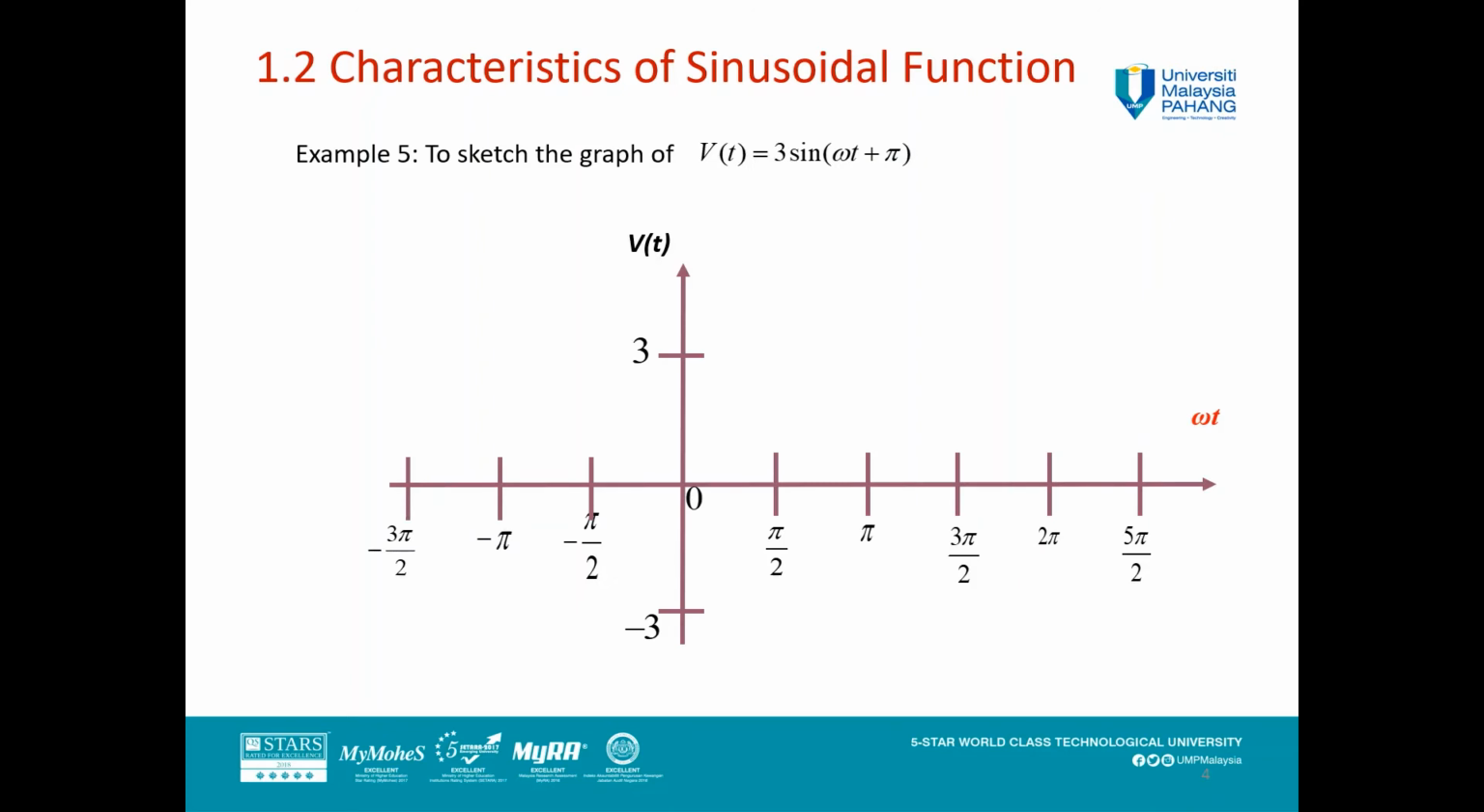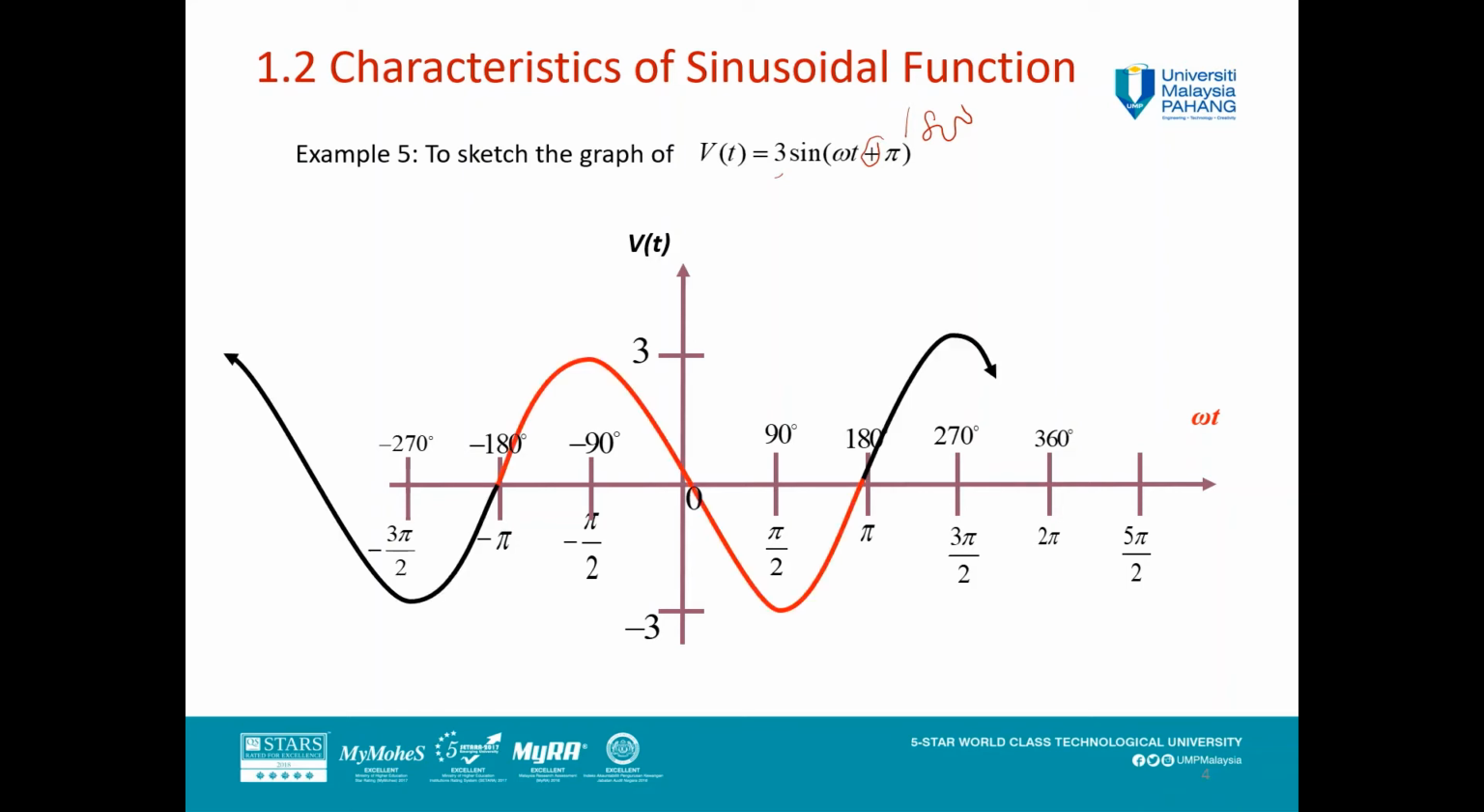Okay, the next example: v(t) equals 3 sin omega t plus pi. 3 is the value of amplitude. Sin, we know, plus is leading. Pi is 180 degrees, right? So when we draw the waveform of 3 sin omega t plus 180 degrees, from the reference, you